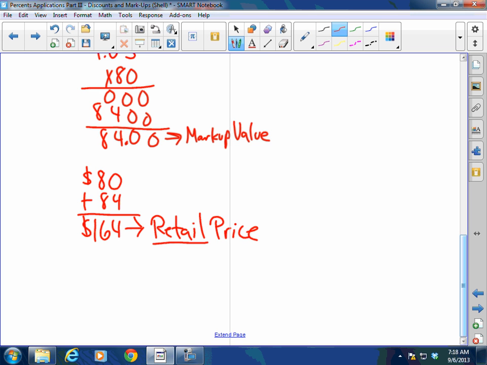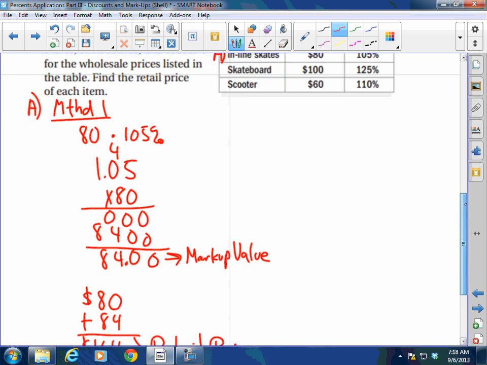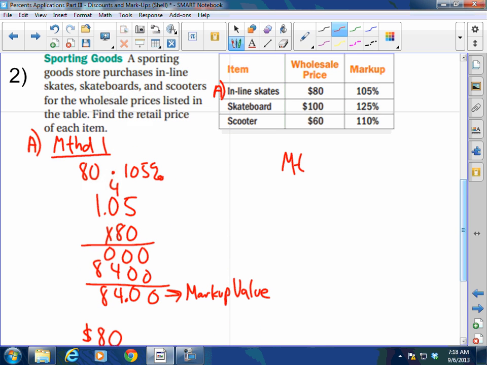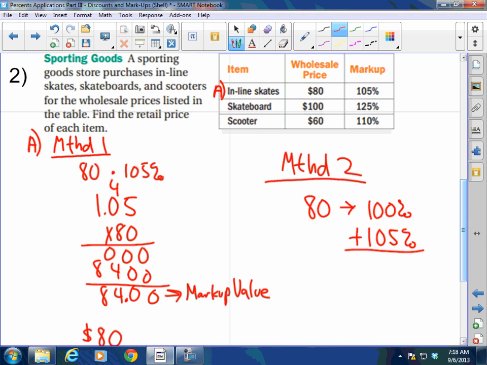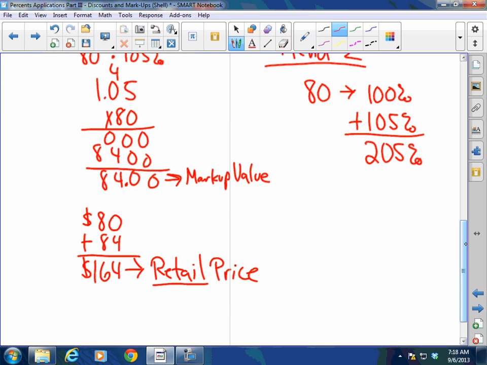Retail is what they sell to the public for. If you want to go down method 2, okay, method 2, well, you've got a 105% markup, right? $80 represents 100% of the item plus a 105% markup. So that means you're really paying 205%, or you're selling it for 205% of the original. So 205% of 80 is going to be as follows. 2.05 times 80